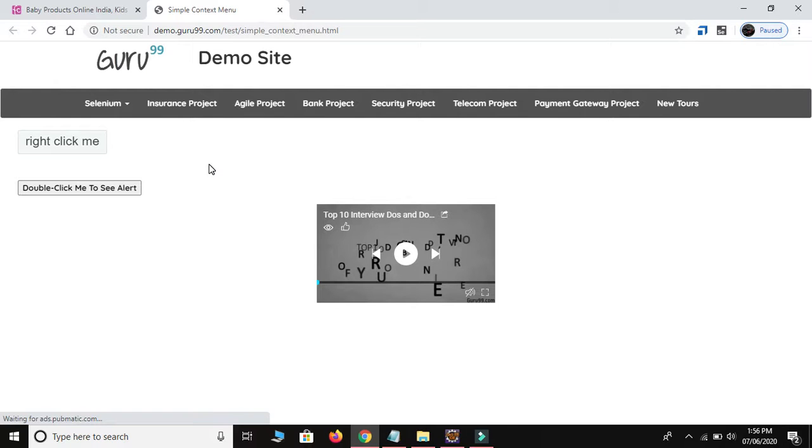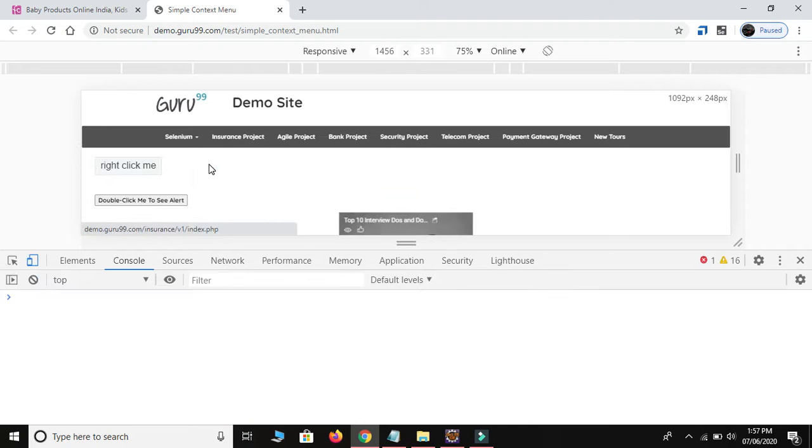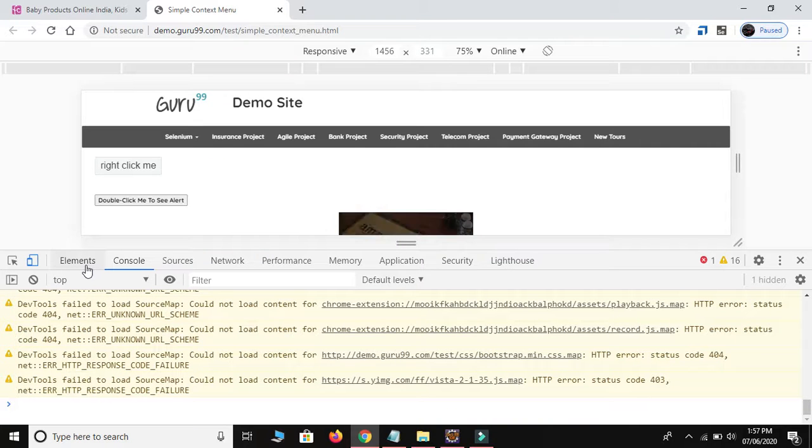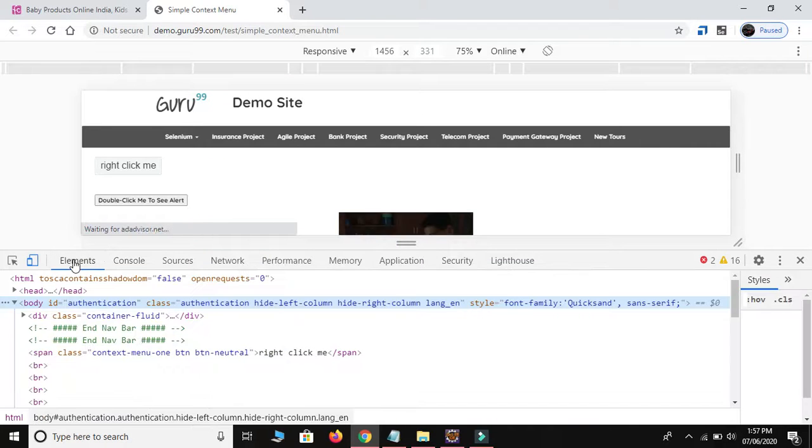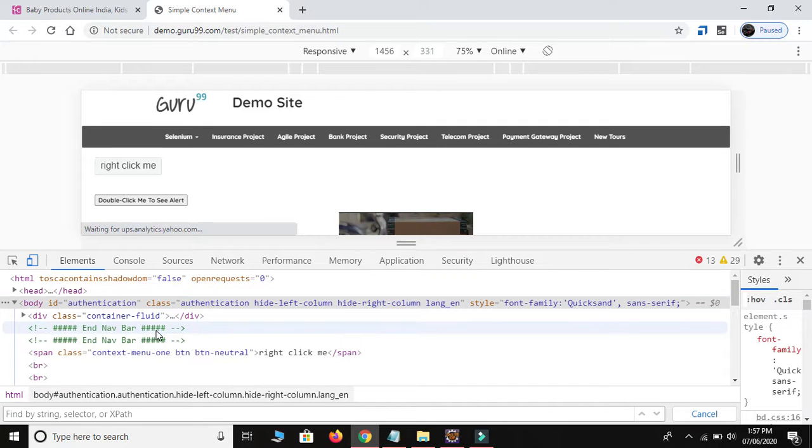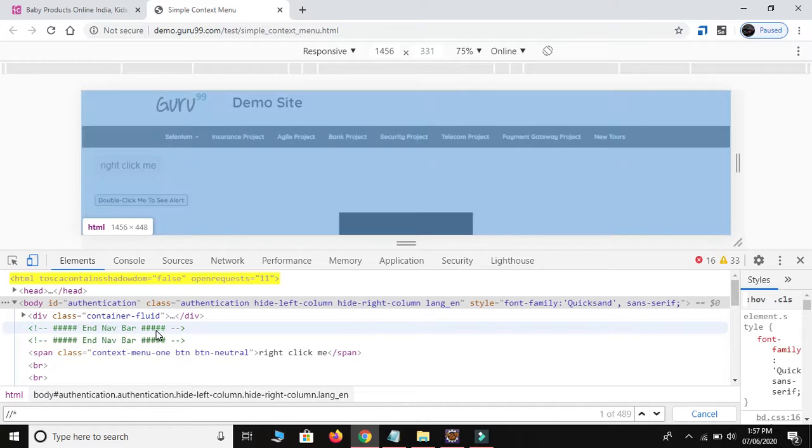Okay, so just press Ctrl Shift and J. Ctrl Shift and J. Okay, it will open the console. Now we need to create the XPath inside this elements section. Okay, now I don't know which tag my web element comes inside: anchor tag, division tag, button tag, or which tag. Okay, so let's jump inside the document first of all. So I will use //, and if you don't know the tag name of your web element, we use star, which means it will cover each and every tag name.